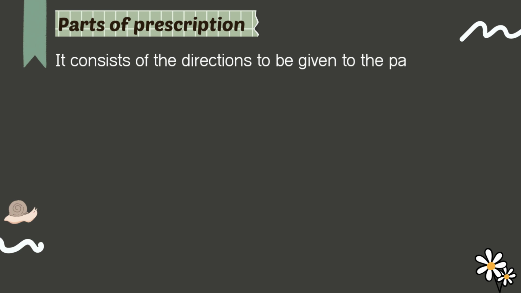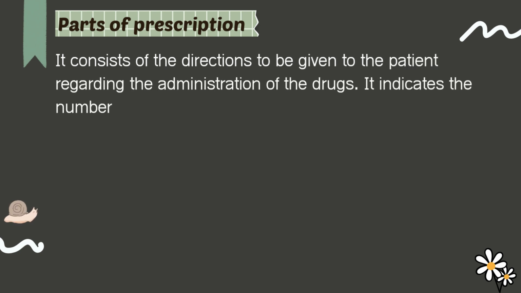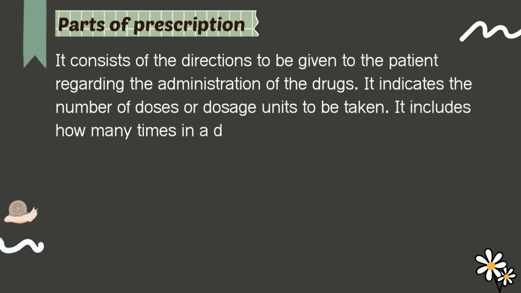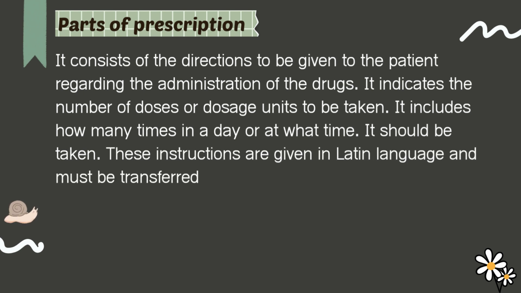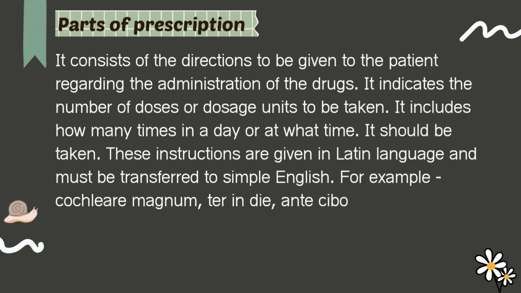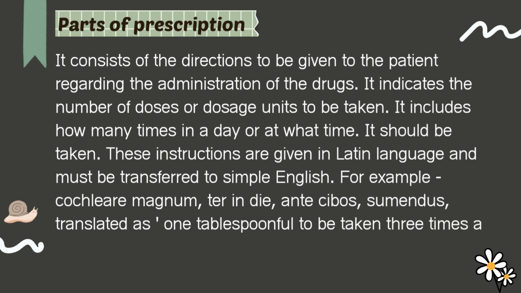It consists of the directions to be given to the patient regarding the administration of the drugs. It indicates the number of doses or dosage units to be taken. It includes how many times in a day or at what time it should be taken. These instructions are given in Latin language and must be transferred to simple English. For example, cochlear magnum, ter in die, ante cibos sumendus, translated as 1 tablespoonful to be taken 3 times a day